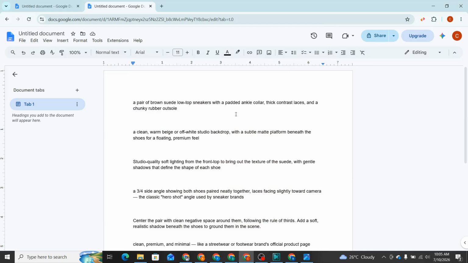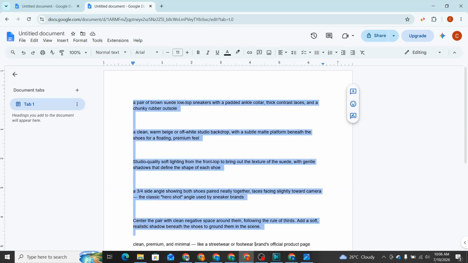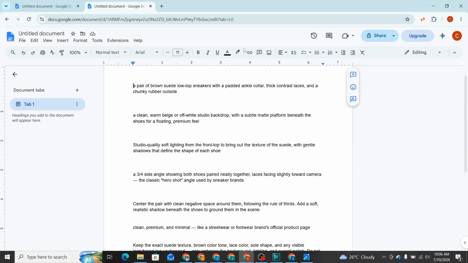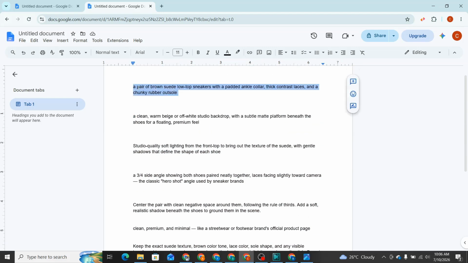You could go to AI, maybe Claude or ChatGPT, upload the image and ask it to give you a description for the product you uploaded, right? I'm not going to do that here because I've already done it for my shoes, and this is what I generated from AI, right? So I'll copy this,